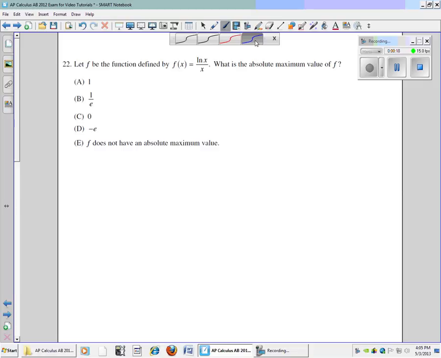Well, let's go ahead and look at what we know about maximums and minimums. We take the first derivative and set it equal to 0, and that'll give us a relative maximum or a relative minimum. And so we can start with that to begin with. So if we have f of x as being equal to the natural log of x divided by x, then